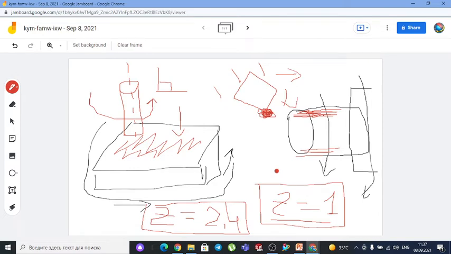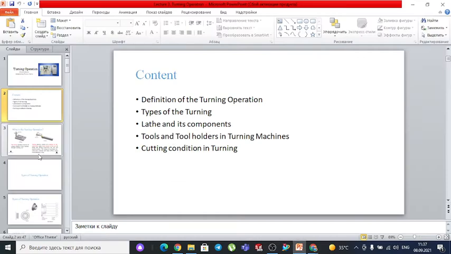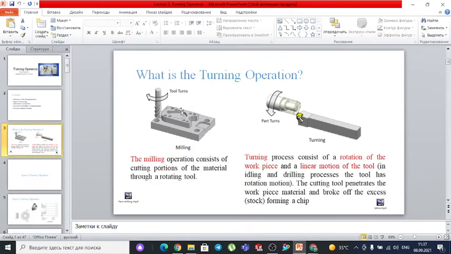So it is clear. Here you see what I drew. In milling, the tool is rotating, the workpiece is fixed, and it removes material from the surface of the prismatic element. In the case here we have a cylindrical element that rotates, fixed on the spindle. Here you see the single point tool removes material. So you see here, this is the initial